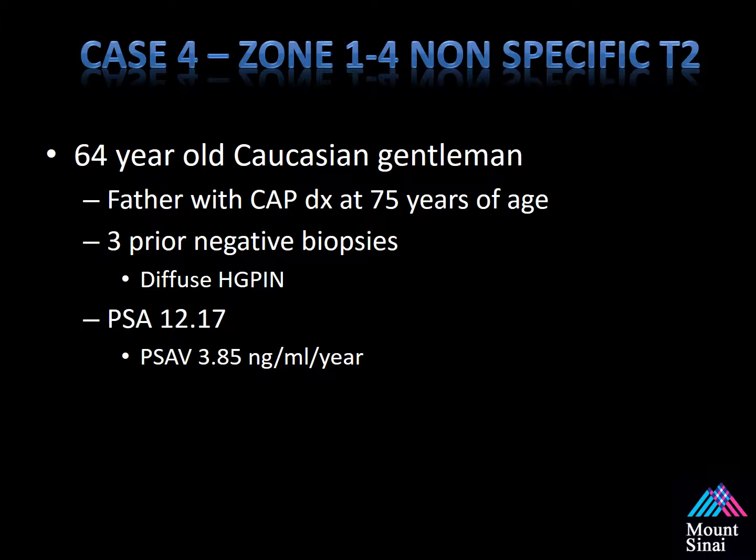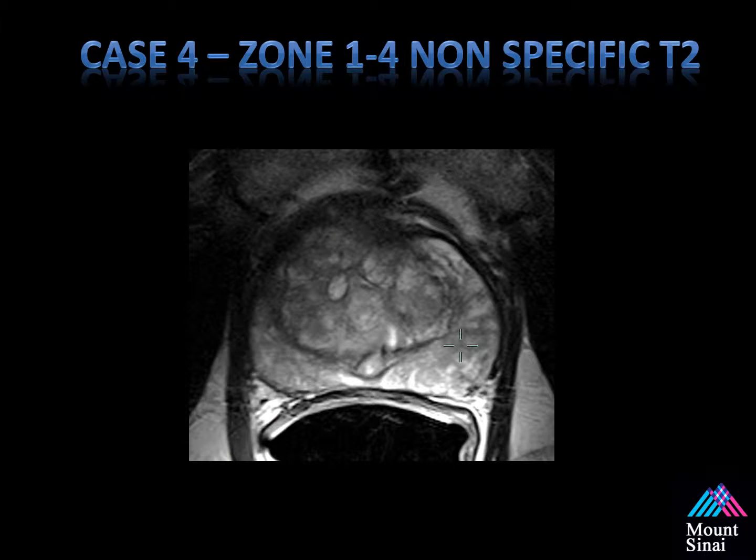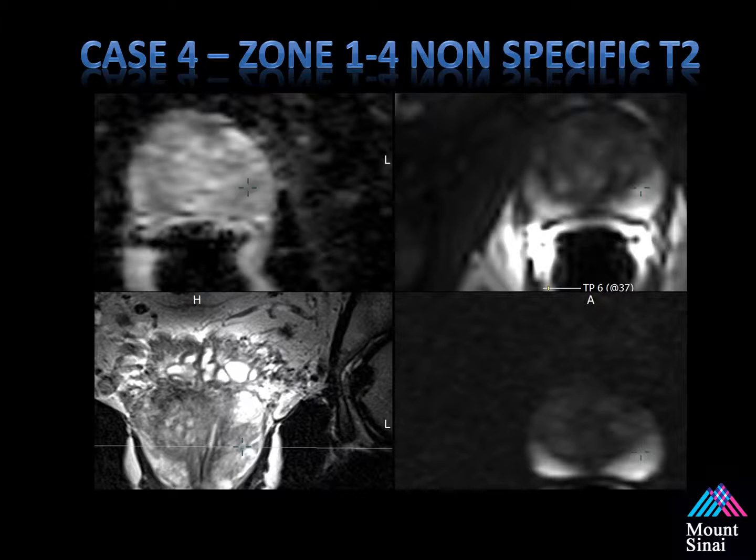So looking at this patient, I think this is a perfect candidate to undergo a multiparametric MRI of the prostate. With 3 prior negative prostate biopsies, performing a fourth one has a less than 10% chance of having cancer detected. However, with imaging, this is a very interesting case. There was some abnormality that was non-specific. We were unsure at the time when we were evaluating this patient. He had non-specific ADC restriction as well as a diffuse enhancement with a high B value in the lower right-hand corner,